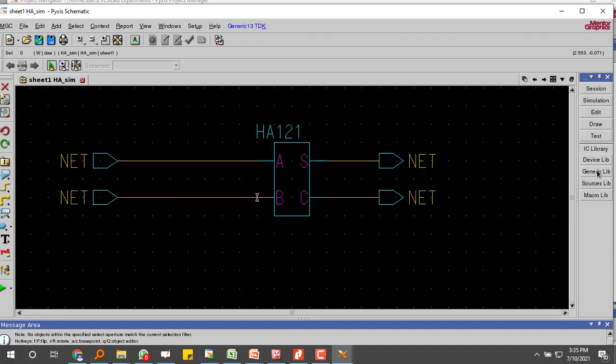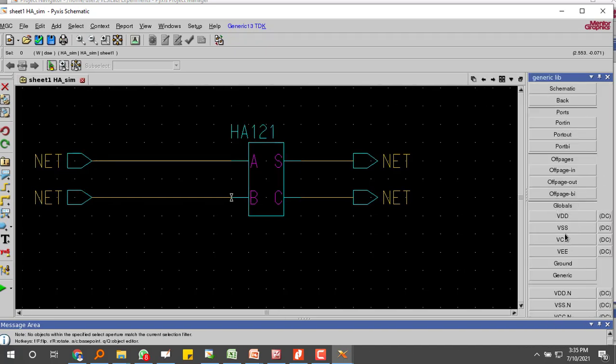So from the generic library, you already know, you take VDD and ground, and give the DC of 5 volts, and also take two grounds.